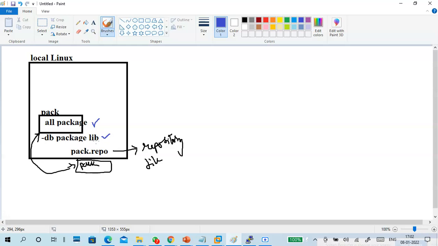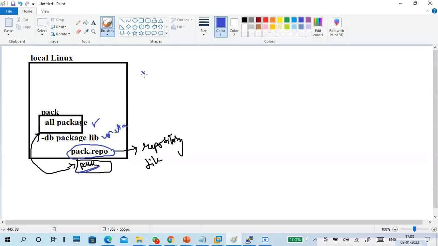It's a library type file, meaning where the packages are located, like a metadata file, which means data related to the packages. Next, in my PC, I created a .repo file. It's a repository file. In that one, I'm telling where the packages are located.